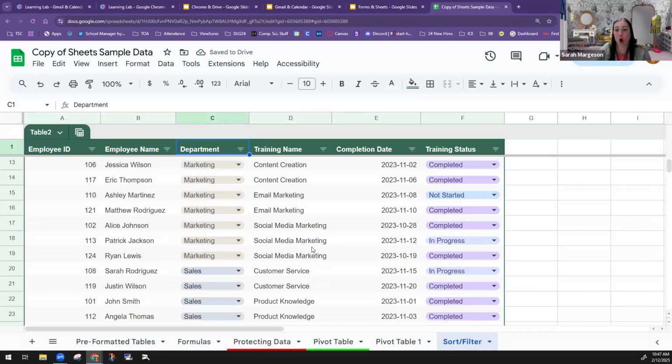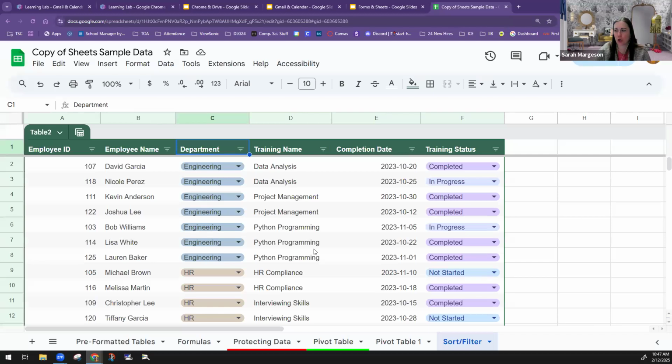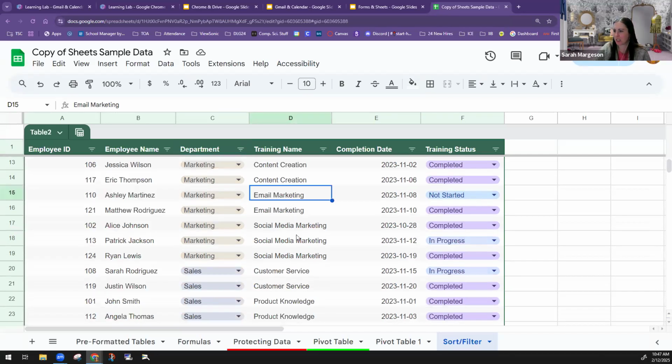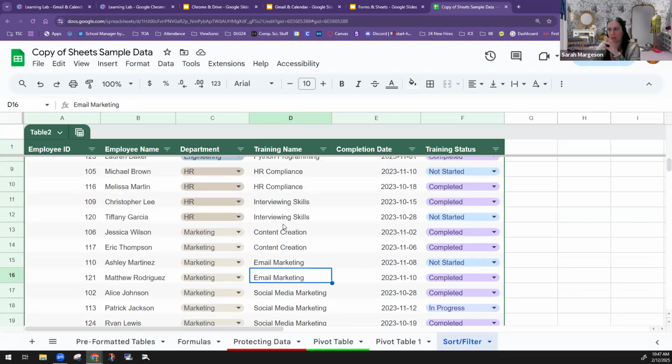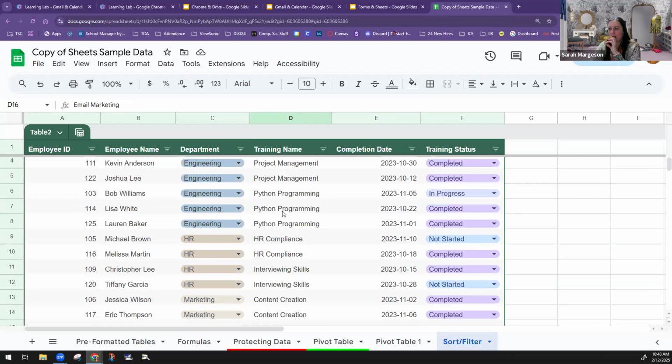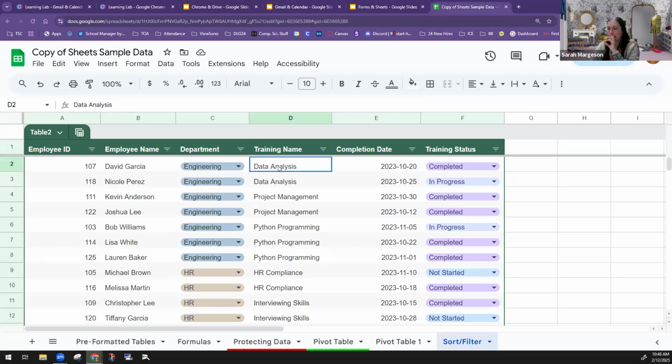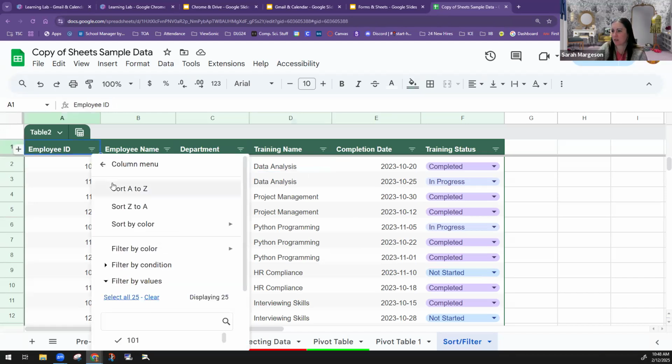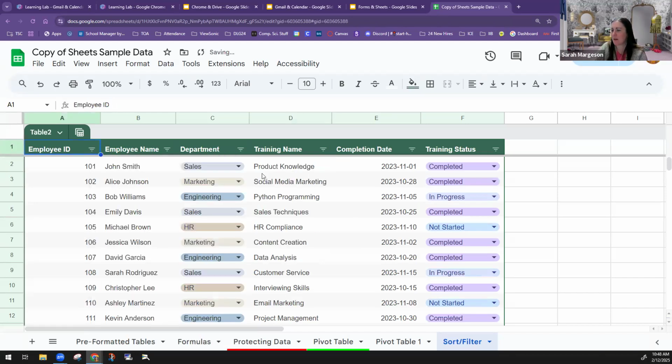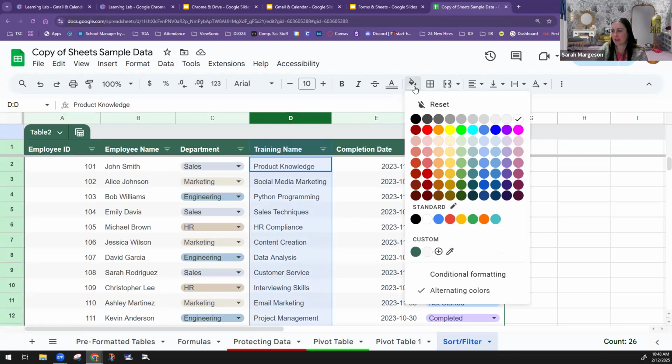Now it has already automatically done this, but I want to show you if I want this part here to be colored like the department and the training ones are. Maybe I want to see all the data analysis ones. So I'm going to sort it a different way. I'm going to select column D, come up here to the paint can,